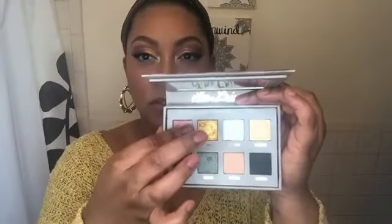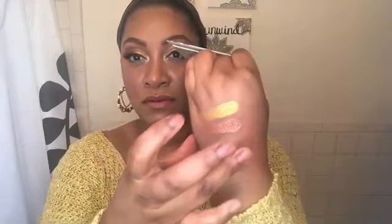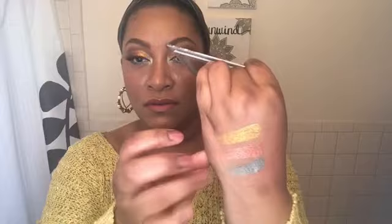The palette, I absolutely loved this. The shimmers in here, I wet them to use them, but they feel so soft, so silky. Look at how beautiful. And then this green is my absolute favorite. Seafoam, I have it on my inner corners. It is a beautiful green. This seems like a little bit more of a sophisticated